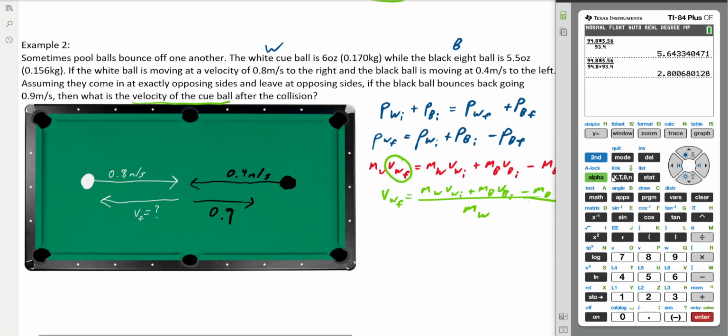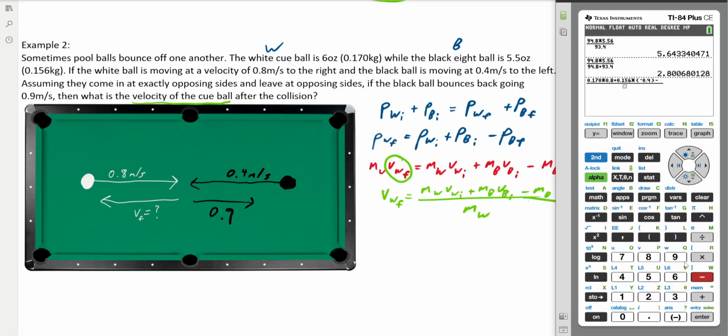Okay, so this should be a fraction with MW, which is the mass of the cue ball, times the initial speed, which is 0.8, plus the mass of the 8 ball, which is 0.156, times the velocity initial, which is 0.4. Yes, we made a mistake here. It's negative. I'm going to put that in brackets actually. Bracket negative 0.4 because it's going to the left. So just keep that in mind. The directionality matters. Now minus